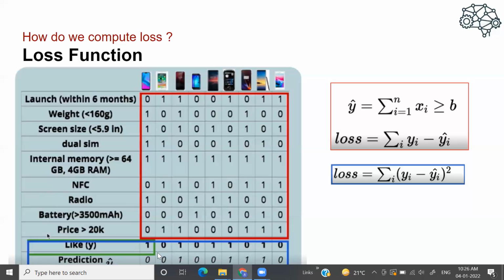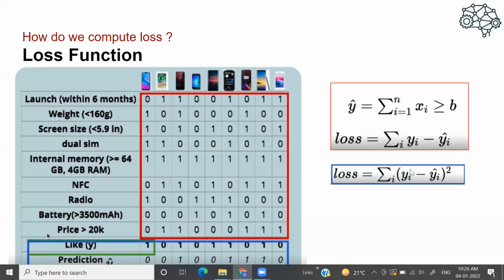The reason we don't take the absolute difference, actually we can, but we do not prefer to, is that the absolute difference function is non-differentiable. You'll get to know how important it is for us to have a function which is differentiable, because it would make our life much easier as we move ahead. In a nutshell, for now you can understand that we would prefer to have a function which is differentiable, and this square difference function is differentiable.